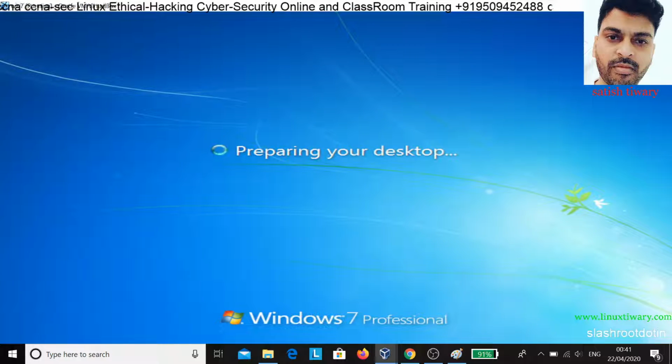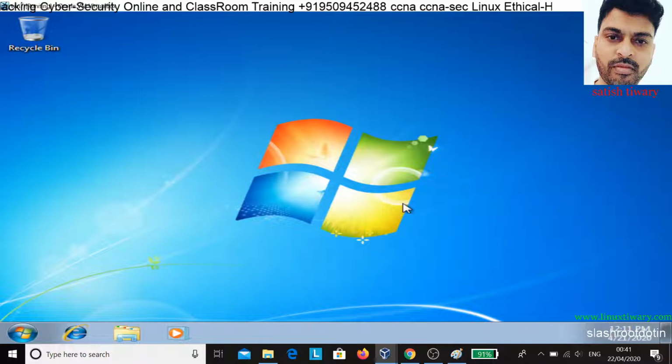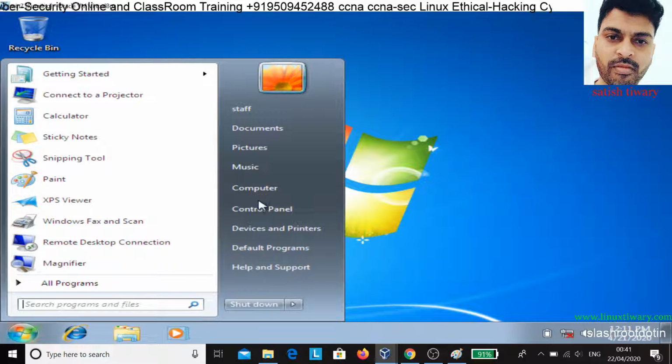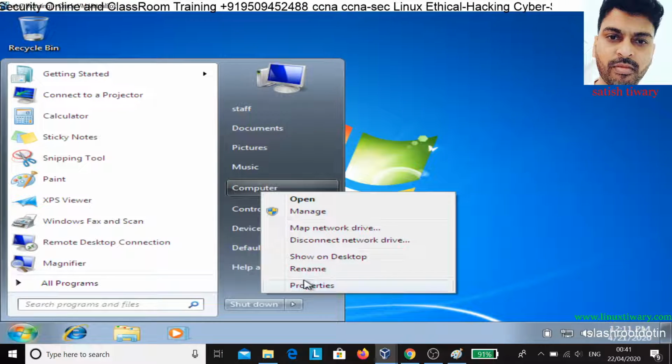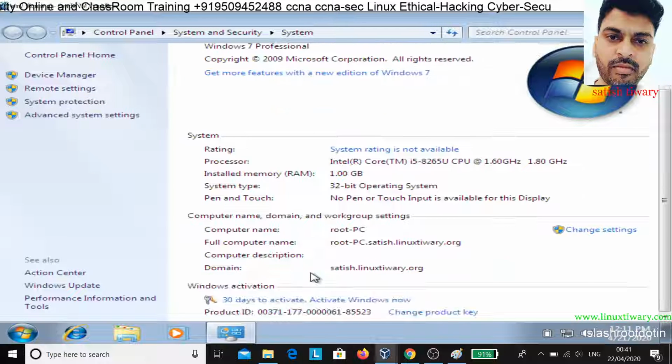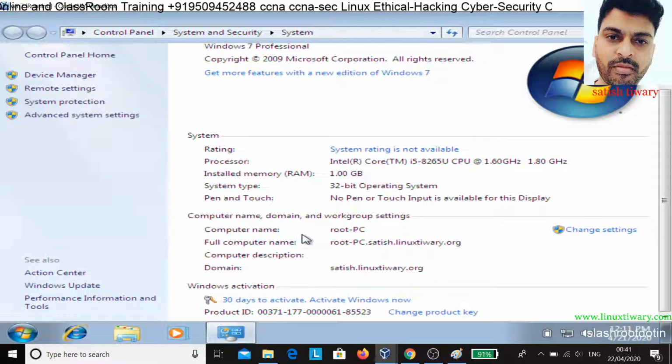Now you know that this user has been created on which system? This user has been created on Active Directory, not on this Windows 7 machine, but still I am able to log in to this machine with that user. You can see I am logging in to this machine with that user. Now go to Computer of your Windows 7 machine and click here, and what you will see: computer name root PC, but the full computer name is rootpc.satish.linuxdui.org.